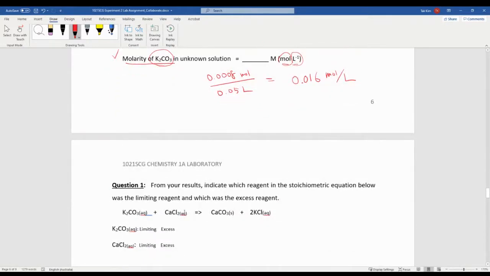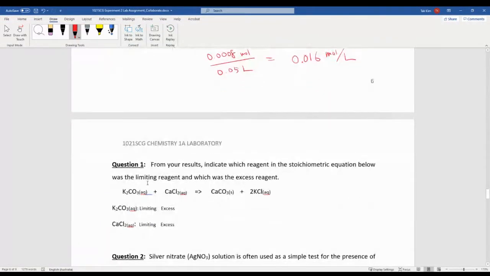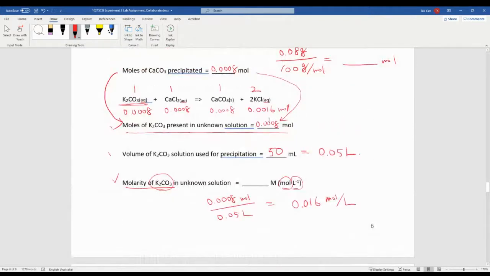All right. So question number one, which you will need to answer as well, asks for your results: indicate which reagent in the stoichiometric equation below was a limiting reagent and which was the excess reagent. So in this case, it is asking either excess or limiting reagent, right? You just need to look at your reagent, not the product, so don't worry about this one. You need to find the number of moles of this one, not based on the stoichiometric ratio, but based on your experiment. So based on the calculation over here,